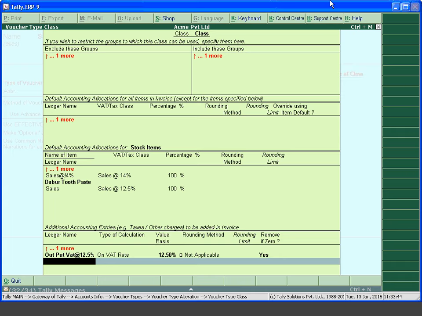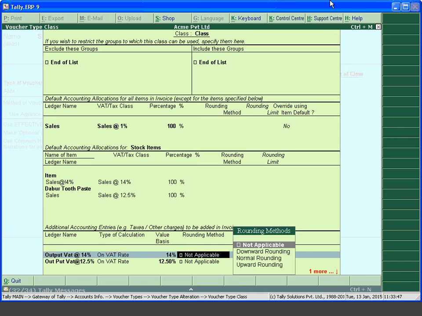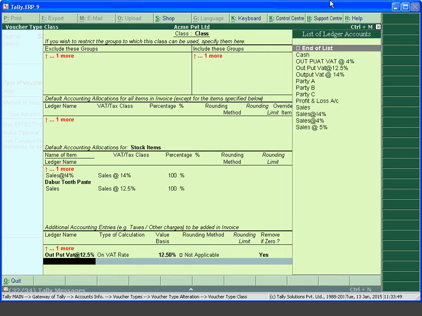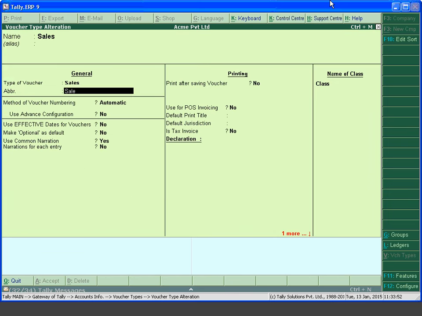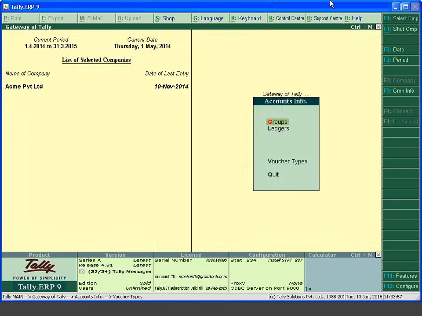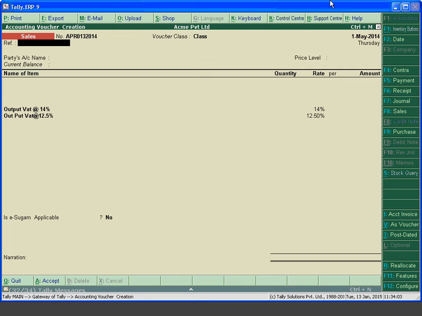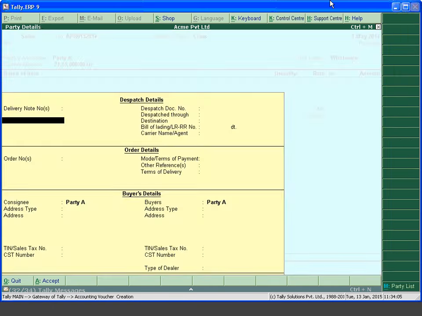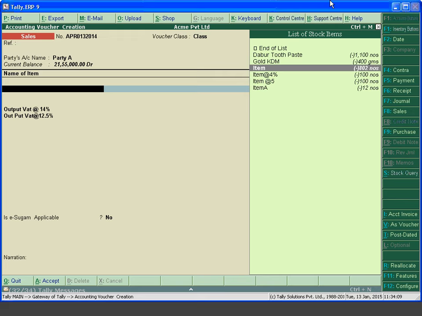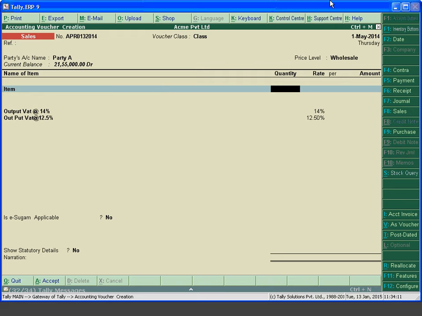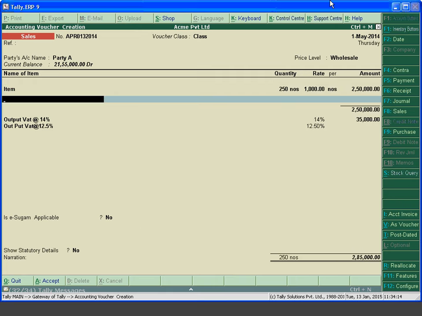So we have defined two items here. One is item and one is rubber toothpaste. So we have selected, we have defined already in the class. So now what we will do? We'll go to accounting vouchers, press F8, select the class. Automatically the output or default tax ledgers are showing here. And when we select the item at 250, which is taking automatically 14%, and selecting rubber toothpaste from 50 numbers, which is